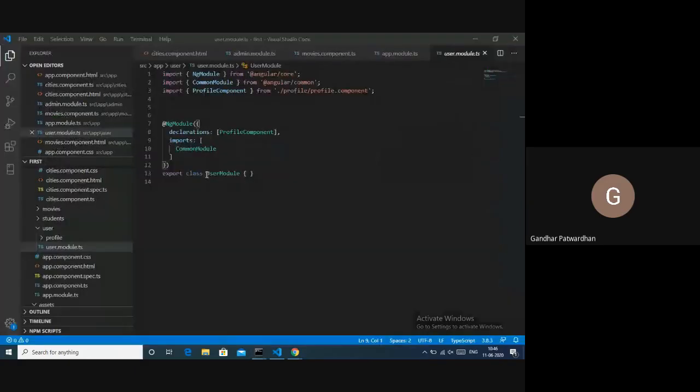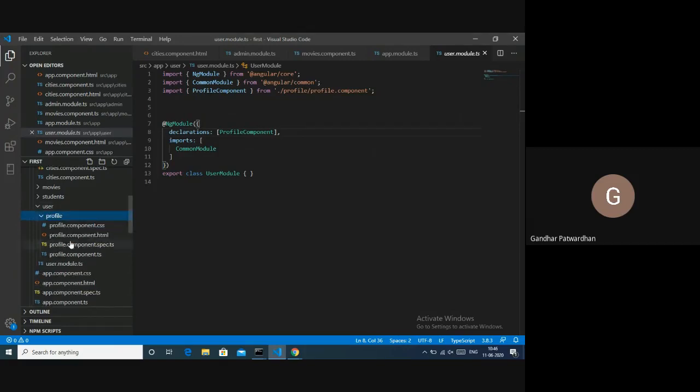If you go to user.module.ts, you can find that a profile component got created and registered in the declarations array. It is also present inside your user folder: a folder called profile got created, and inside that all the files of your component, that is the ts file, html, and css. We are ignoring the spec.ts as of now.